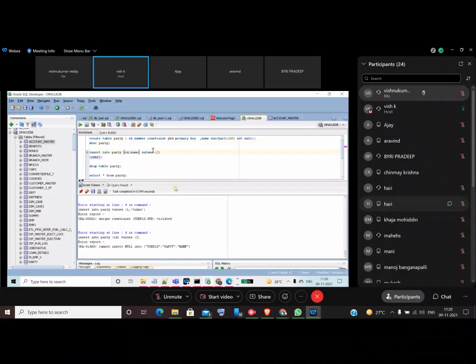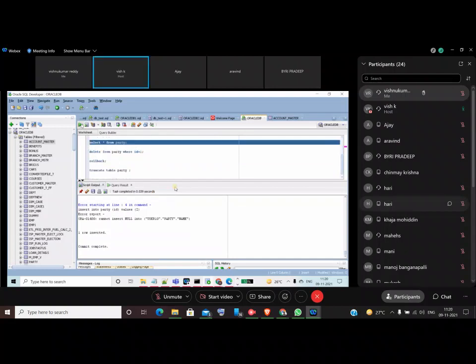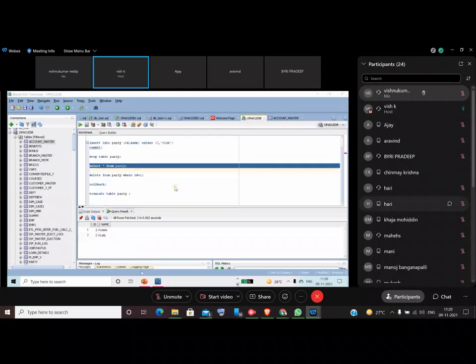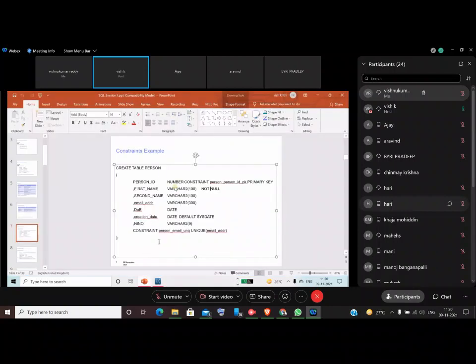So you have to use the name, then some value, and then it will allow. So now commit. Then select star from party. So one window, two. Like this. So this is the purpose of constraints, guys. Everyone should try to explore the remaining constraints also.